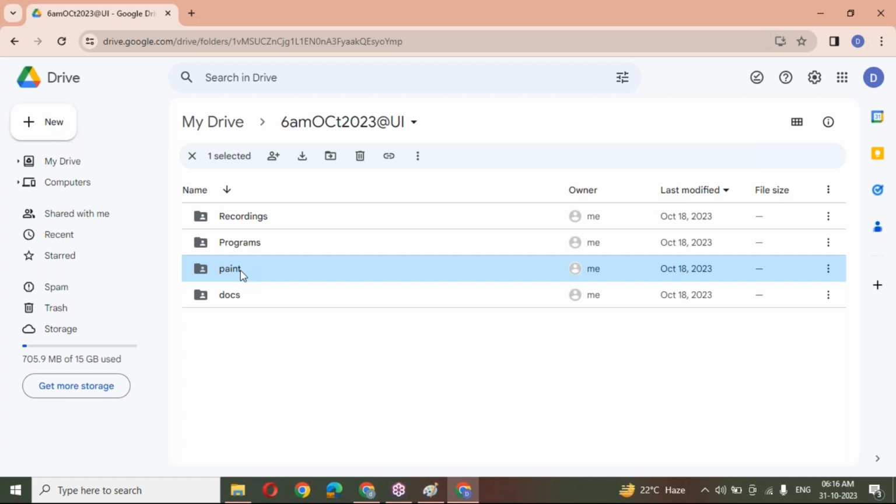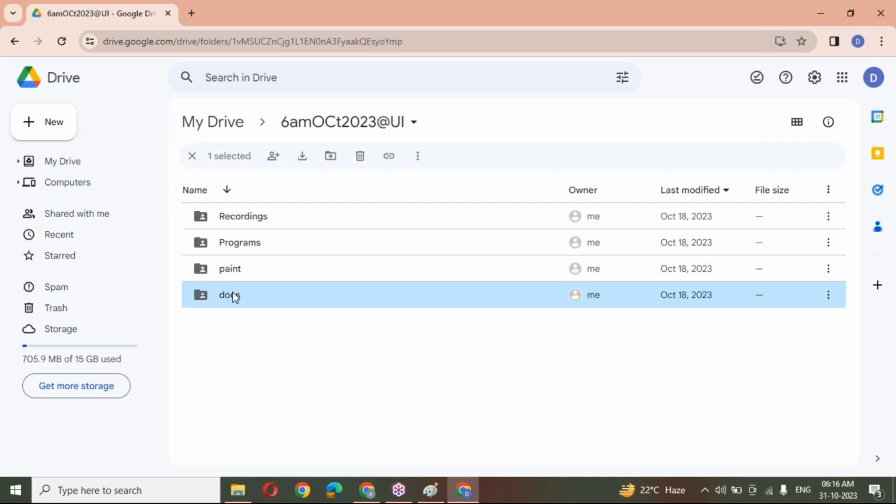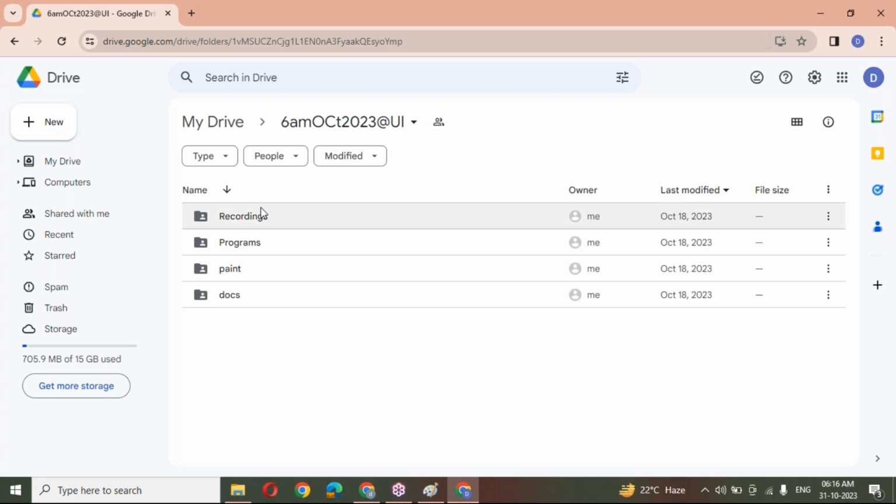Paint files: for however many classes I have conducted, all the classes' paint files I'll upload here. This will be shared with the students, and every topic related document I'll upload here. So this way I'll continue my class. Recordings, programs, paint file, docs. Like this I'll upload all my class files. Now